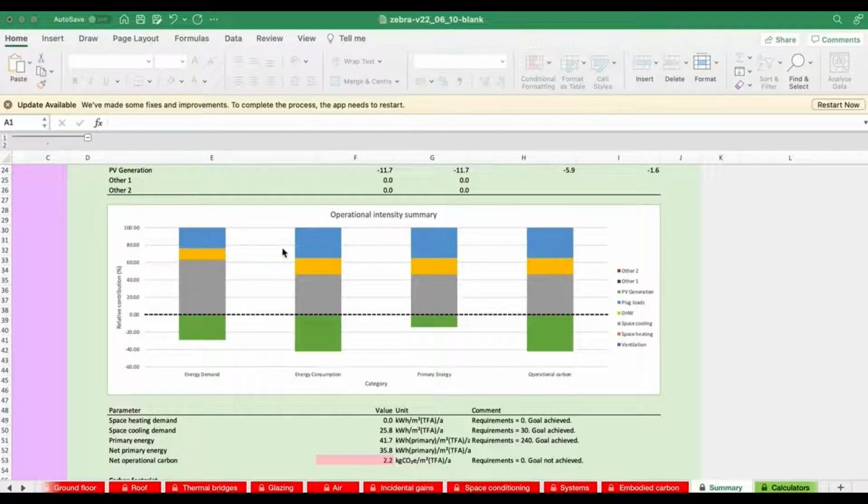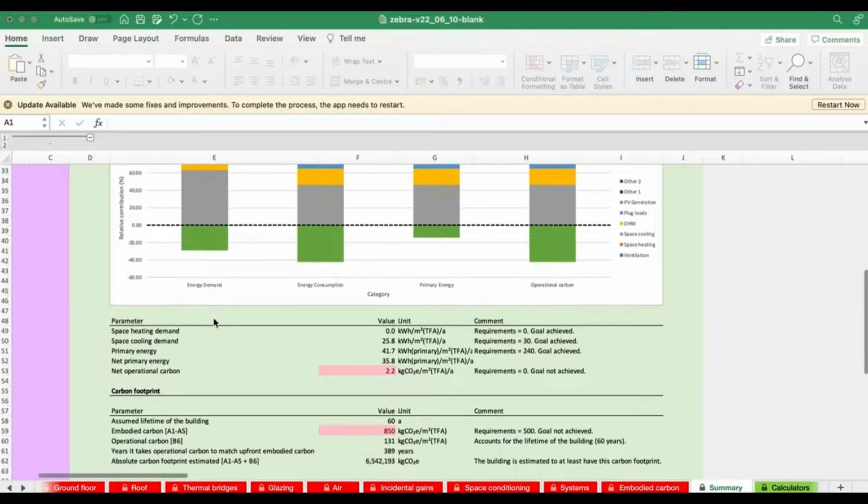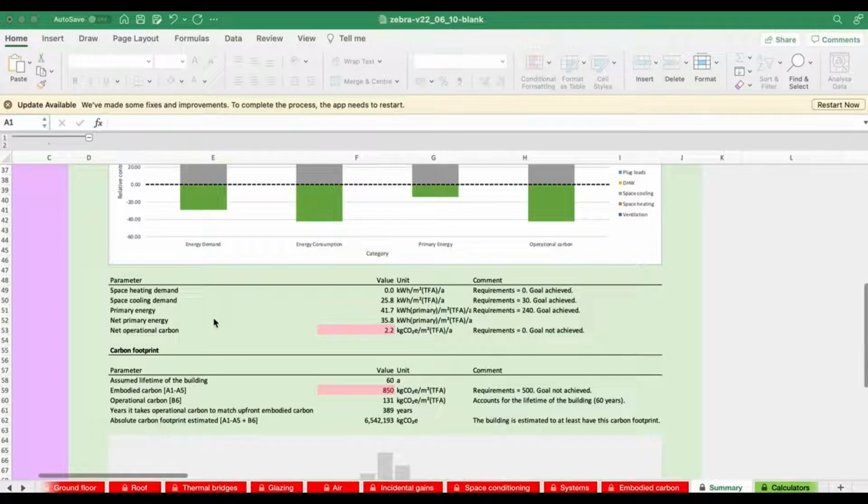But when we look at consumption, there is a subtle change because of the coefficient of performance, that falls as a fraction overall. Please note that these add up to 100% in all cases, which is why this grey area here is larger than half of that height in the energy demand graph. In the next table, we find a little bit more detail. We get a comparison to what we required in the first place.